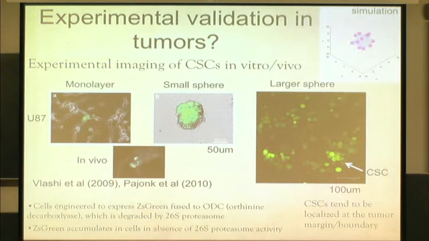Okay. So now you can say, well, those were in normal tissues. What about cancer? In cancer, one thing you would like to do is figure out where the stem cells are. And so there was a nice reporter mechanism developed by Pajank at UCLA, where they found that basically cancer stem cells tend to have low proteasome activity. So they add something that would ordinarily be degraded if you had high proteasome activity. If it's low, it fluoresces, and so the green are the cancer stem cells.